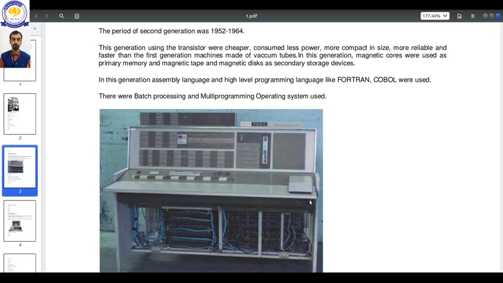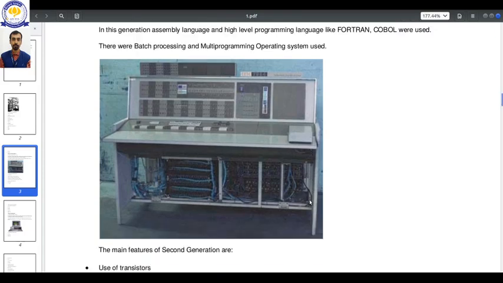In the second generation, command typing was possible, and all the commands that were typed were executed using a batch processing system, in groups. That processing was done in groups, and with a multi-programming operating system. Multi-programming means many other ways of doing the punch card were accepted. There was not only one way of making the punches, but many ways of making the punch card work. To do that, high level programming was used.